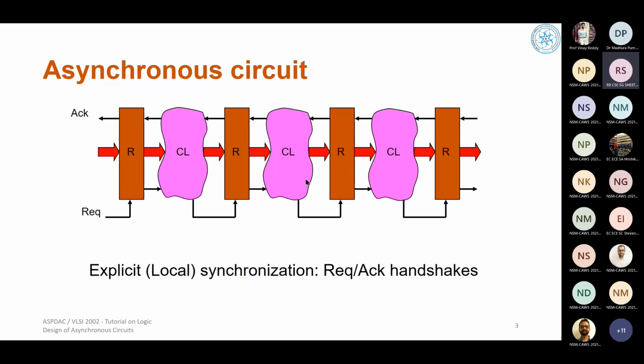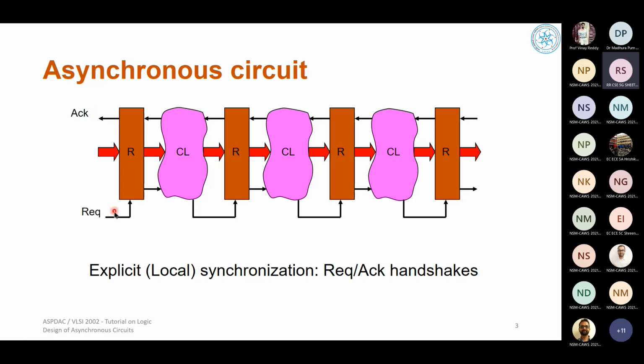So these slides are from one of the tutorials that was taken a long time back, and it will make some sense because these are very basic fundamentals of asynchronous circuits. So as you can see here, what is going on is,